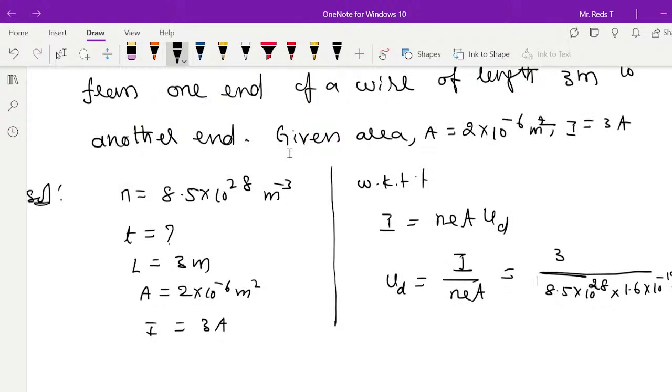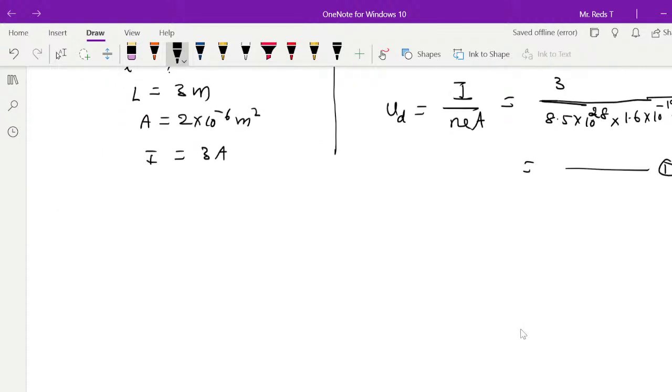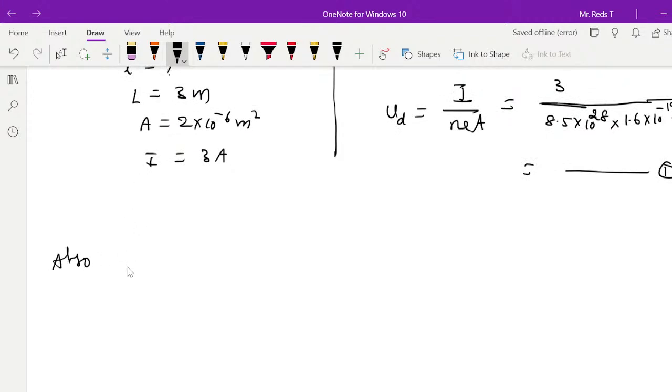And the area is 2 into 10 to the power minus 6. You have to simplify this. If you simplify, you will get the Vd value. So simplify and get the Vd value. Right? Then we also know that